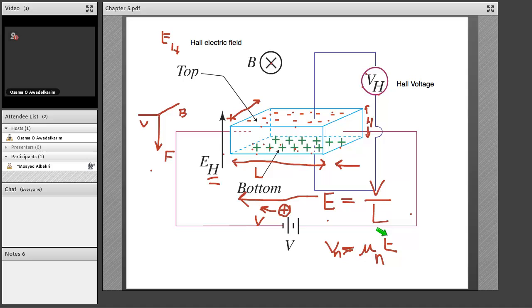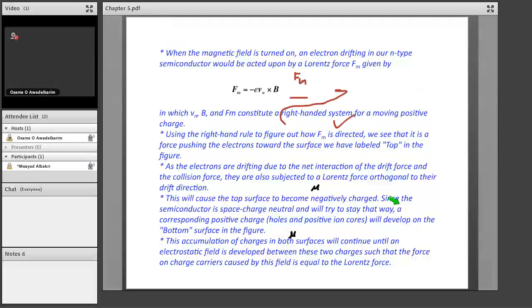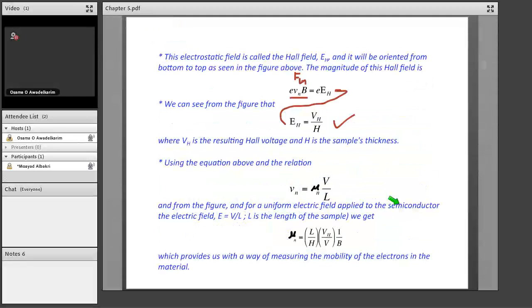But then the electric field is actually V over L. Then I immediately see that I have this relation here: v_n is mu_n V over L. So again, I can take this relation and put it back here for v_n. So if I use E_H from here and I use v_n from here, you immediately see a very important relation here,